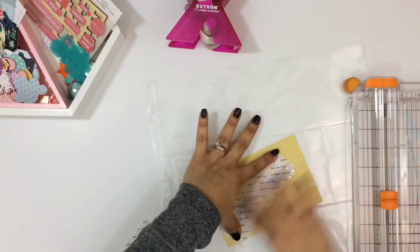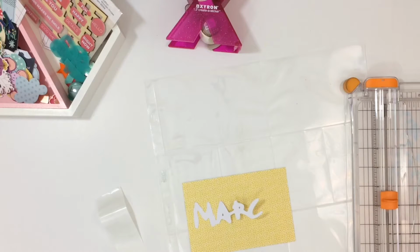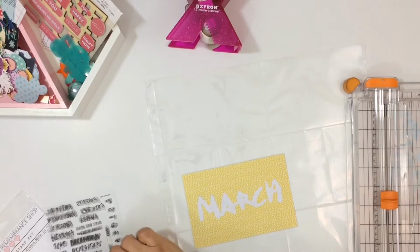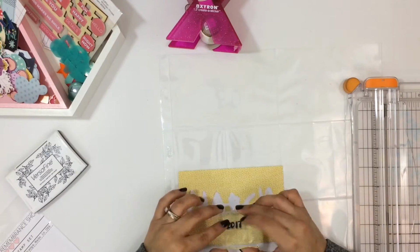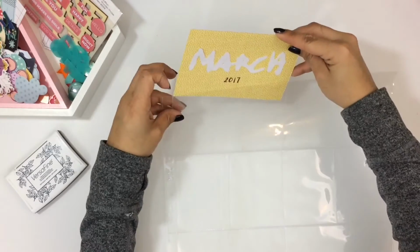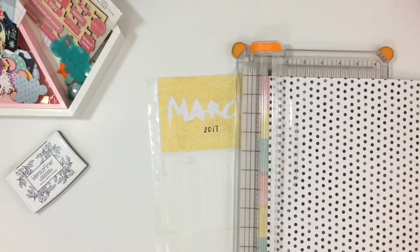The March cut file, I created that with one of the stamps that comes on the Precious Remembrance stamp set. I just stamped out the image on a piece of 4x6 white cardstock in a very black ink. I took a photo of it. I uploaded it to my computer and saved it as a JPEG, and then opened up my Silhouette Studio, and then went ahead and opened up that JPEG file of the image,